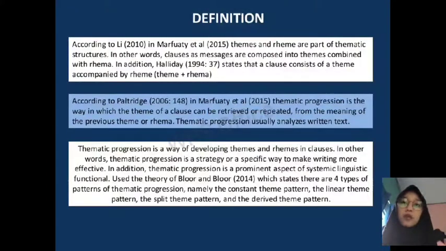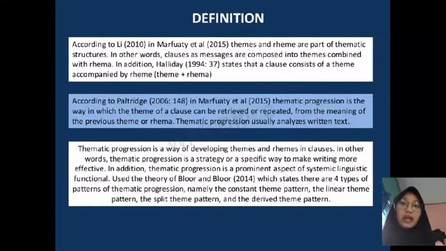Thematic progression has been widely studied in English over the past few years and proves that it is a very important element in writing. In other words, good writing is effective writing. Therefore, themes and rhymes play a role in creating a good text. Besides that, thematic progression has also been known for many purposes. Therefore, the focus in this study is to describe the pattern of thematic progression in student writing. It aims to know which thematic pattern of progression is widely used in the students' writing.